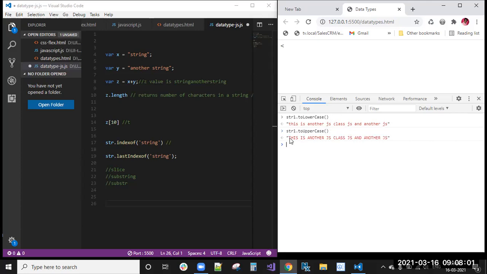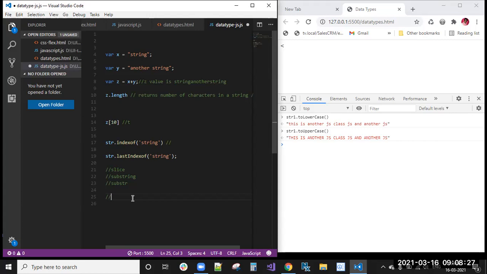Okay, so then all letters will be converted to uppercase. To convert into uppercase, we will use the toUpperCase method. To convert into lowercase, we will use the toLowerCase method. Okay, toUpperCase method, toLowerCase method. And one more is trim.